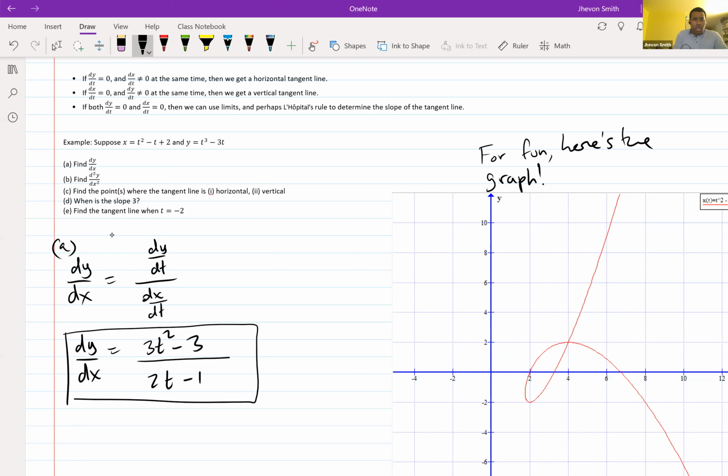So again, a very complicated curve in terms of x and y. However, at any given time, give me a t value, and I can actually tell you what the derivative is at that value. And of course, if you give me a t value, I can find an x and y coordinate, so I can tell you at what x and y coordinate, what is the slope. Okay, so for example, if I wanted to find what is the slope at